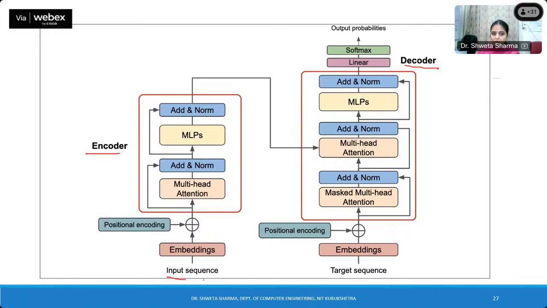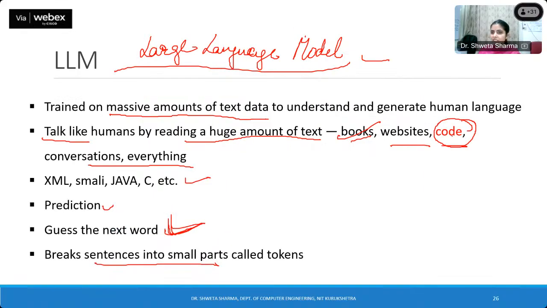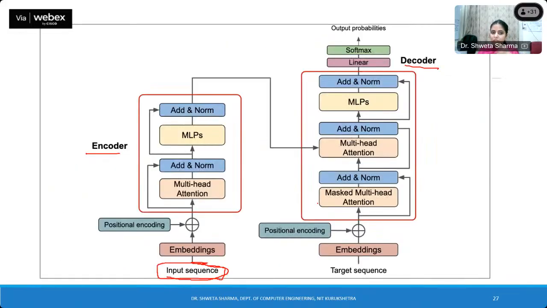What you do, you give some input sequence. What kind of input sequence you are giving to LLM? I highlighted in red color because we are talking about malware only. So what can you give as input? Code, any code, your XML, Smali, Java, or any file, whatever you have. Even if you have